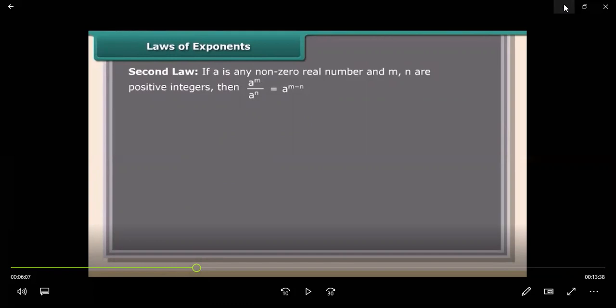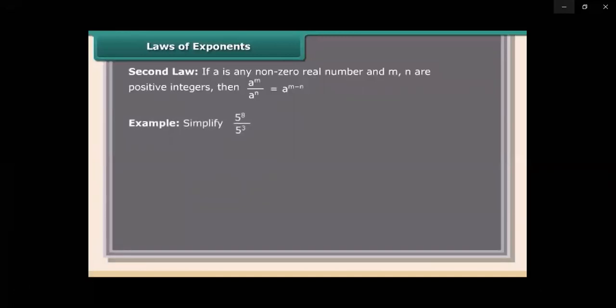The value of a cannot differ. If it is written like that, a raised to the power m divided by a raised to the power n, then we can write it as a raised to the power m minus n. For example, 5 raised to the power 8 divided by 5 raised to the power 3. So we can write it as 5 raised to the power 8 minus 3. So the answer will be 5 cube, that is